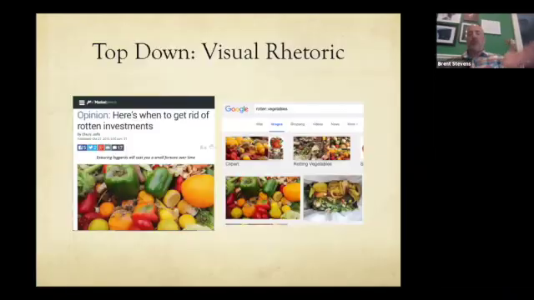Okay, I just point this out. I'm a big visual rhetoric person. And so this is even true when people are incorporating documents that are visual. This is an article from Market Watch like 5 years ago. It's just, here's when to get rid of rotten investments. So just as an experiment,